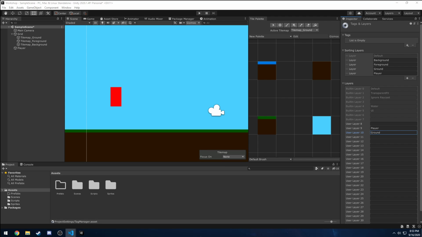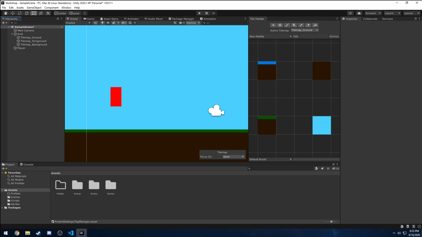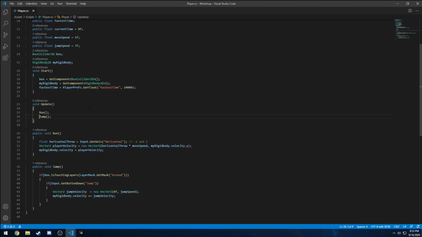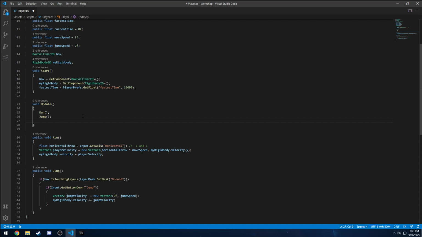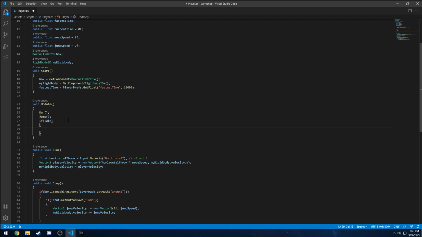Okay. So then I guess what we can do is add the timer. We can make that go. So inside update, inside the player, you could do it before or after. It really doesn't matter because it's called every frame, but I'll do it after. We just do if exclamation point win. So if you haven't won yet, the current time plus equals